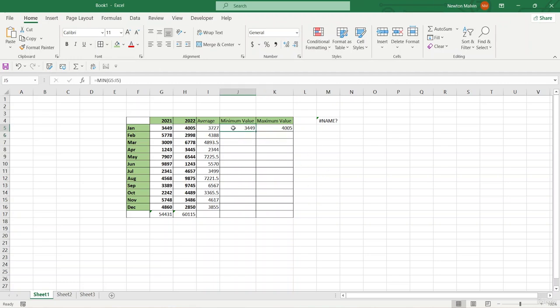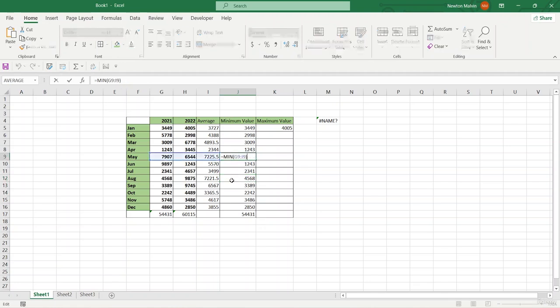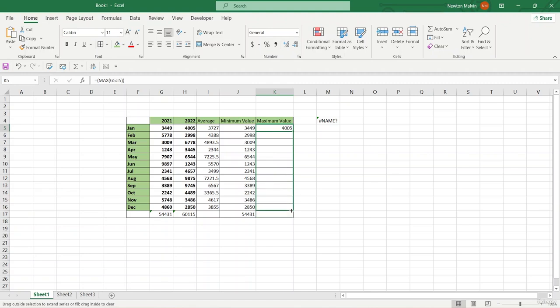Alright, now in Excel we already know that we have an autofill option that saves a lot of time. To do that, if I select every single cell using the autofill option, including the maximum value, you can see that it will autofill every single cell automatically, right? And to double check it, you can go over and double click on it, and you can see the references are the same and the answer is also correct. So if I go over here to the maximum value, I can autofill it as well, just like this. Okay,